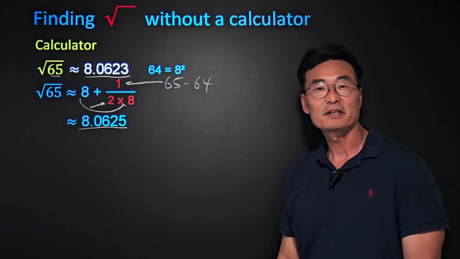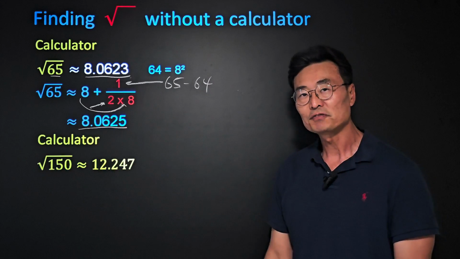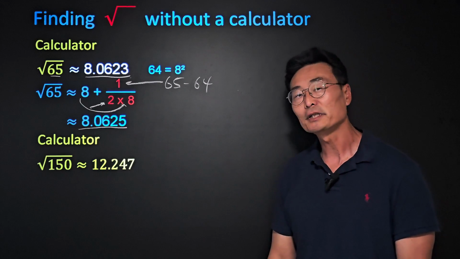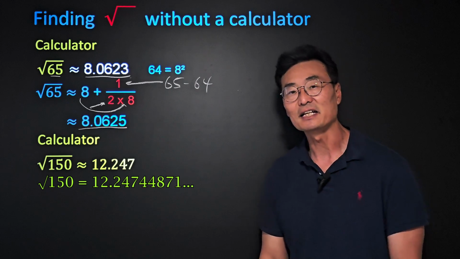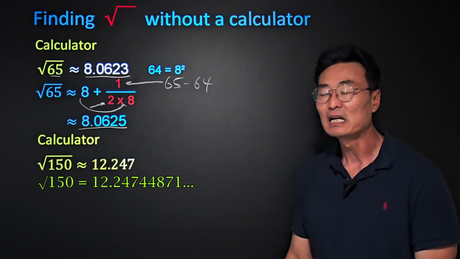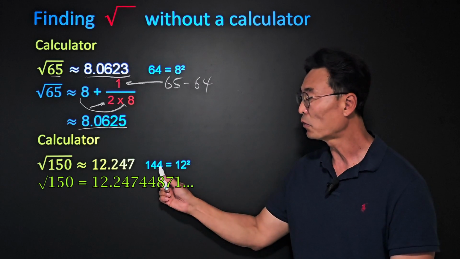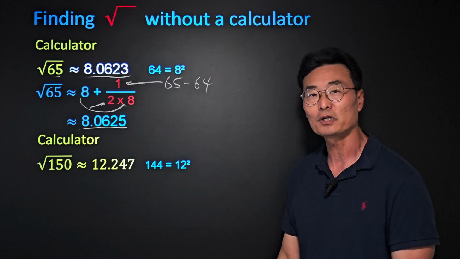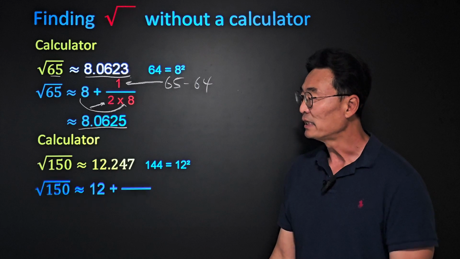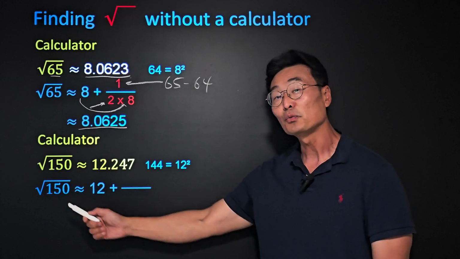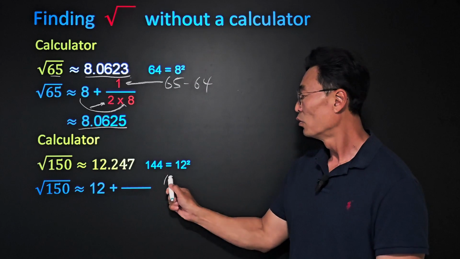Let's try the same method on a bigger number. If you input the square root of 150 in the calculator, you'll get 12.247, rounded off to 3 decimal places. Then again, we need a perfect square that's closest to 150, and 144 is the closest perfect square to 150, which is 12 squared. Then, to find the square root of 150 without a calculator, we're going to go 12 plus